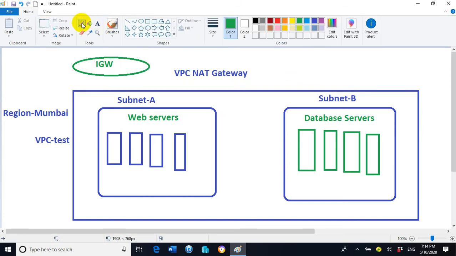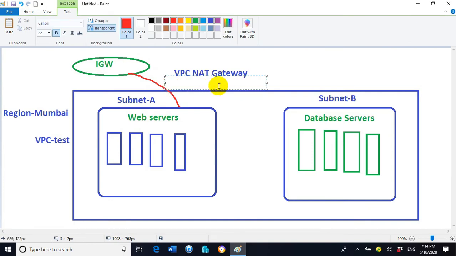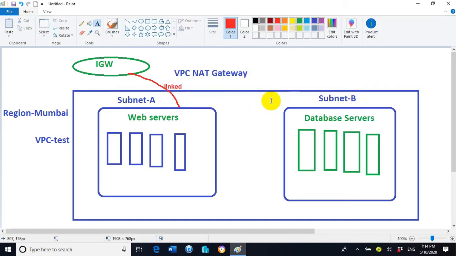So Internet Gateway is a software component we are connecting with subnet A. So Internet Gateway is linked or connected with subnet A.